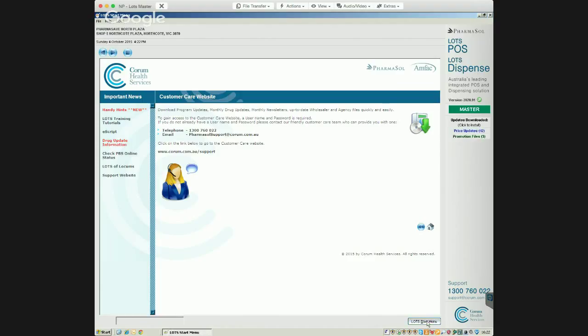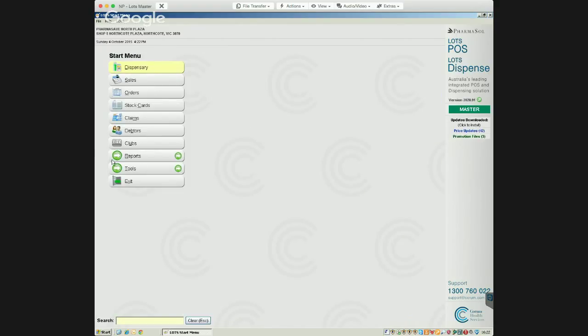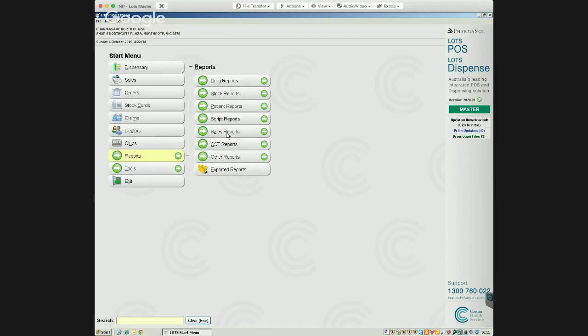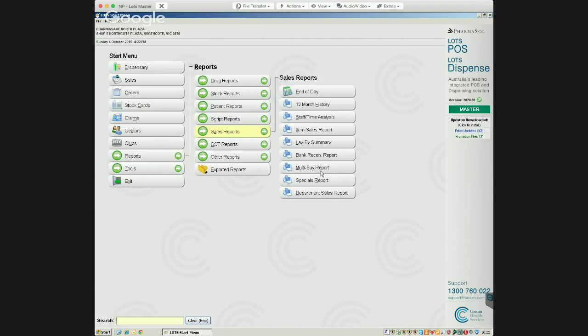When you open Lots, you'll see on the left-hand side a number of functionalities. At the bottom, there's also a search bar. This search bar is very, very important because if you are unaware of where things live, you can easily search for them. For example, if I want to print off a sales report, I can look through the sections and go Reports, Sales Report, and then go to the different sales reports. Or I can go to,